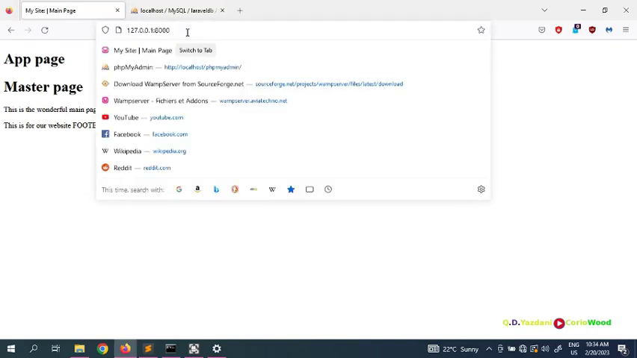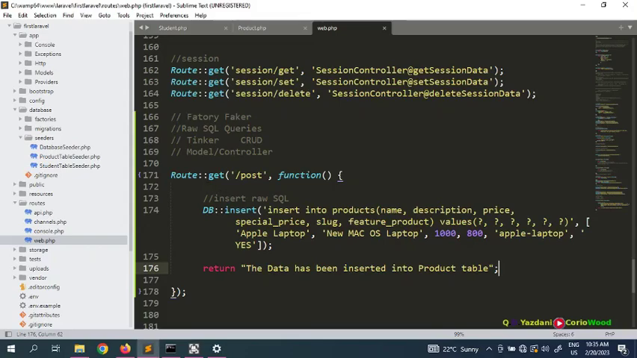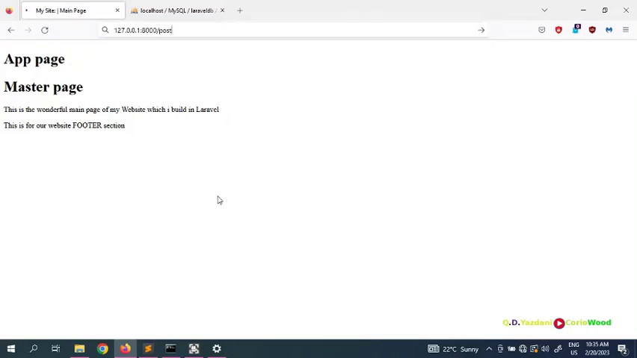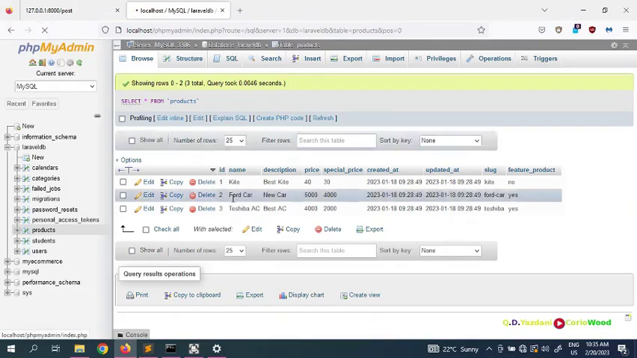Alright, so looks like we didn't get any error. And our route is post. So what we're going to do is put a post, and look here, the data has been inserted into the product table. So that's our product table. We have inserted data,